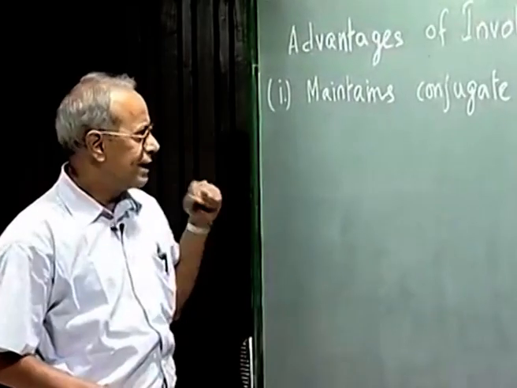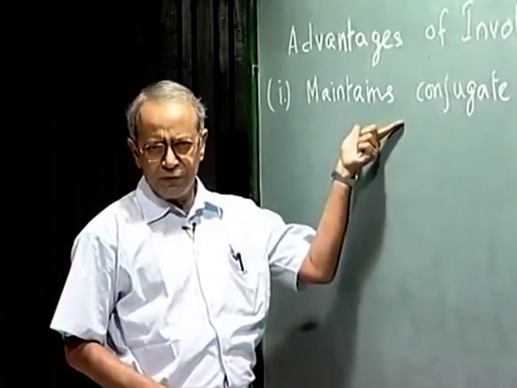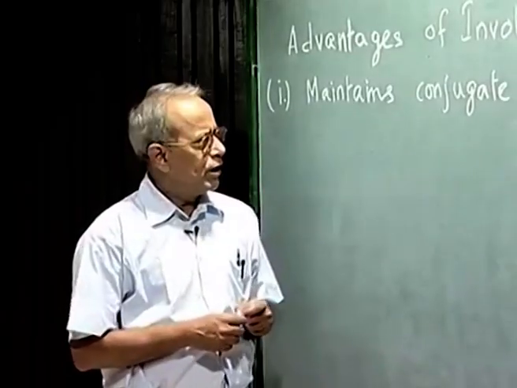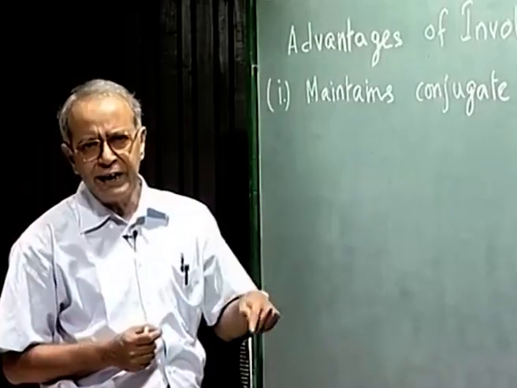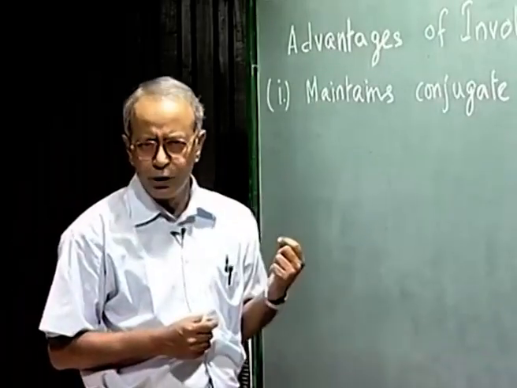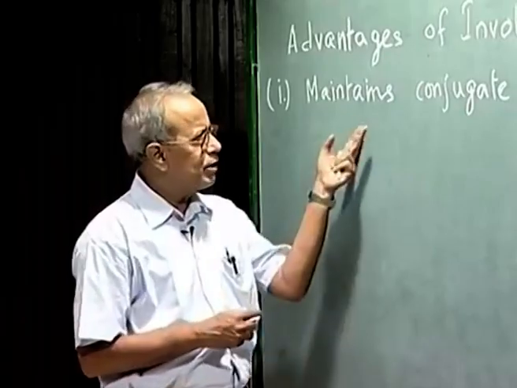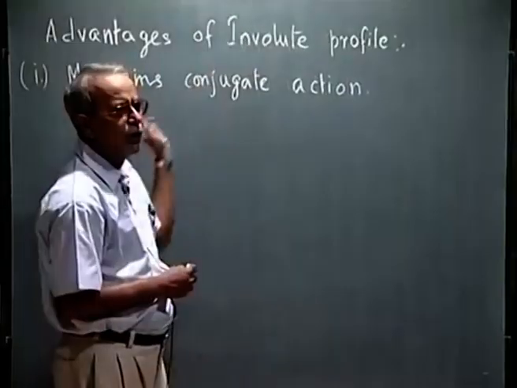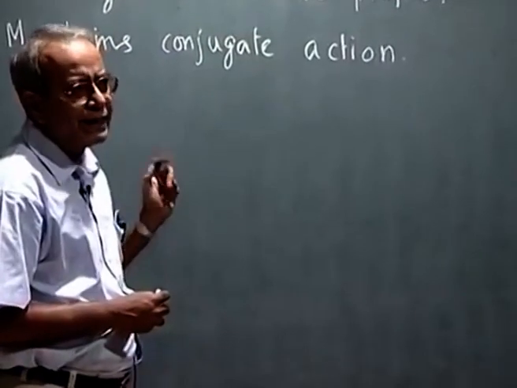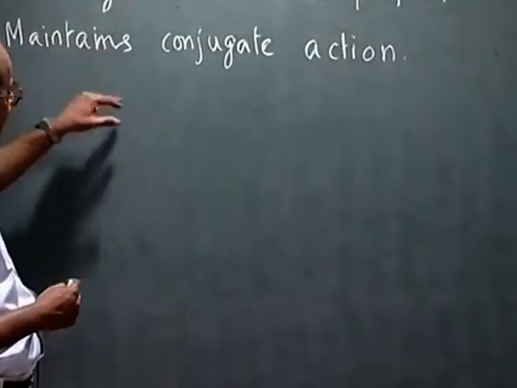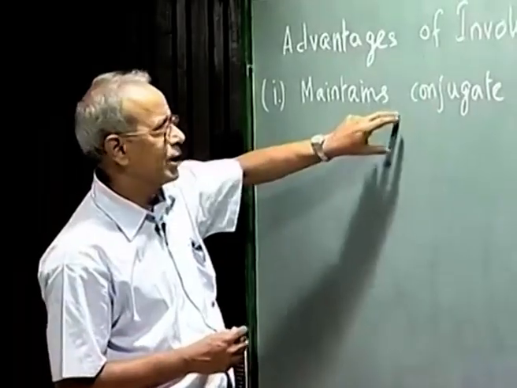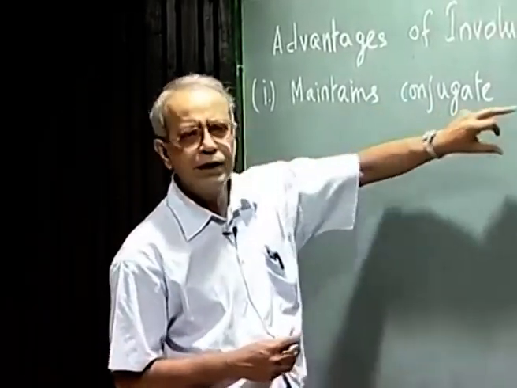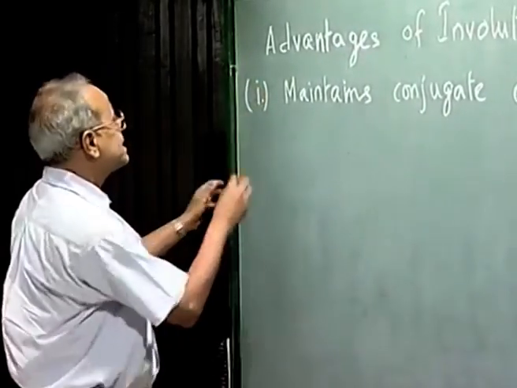However, as I said earlier, this is not so much of importance, because if one is given any smooth curve as one profile, one can find another profile which will be conjugate to the given profile. So, this is not the unique choice of involute profile which maintains conjugate action. There are other advantages of involute profile over and above that it maintains the most fundamental requirement, that is maintaining conjugate action. The second advantage